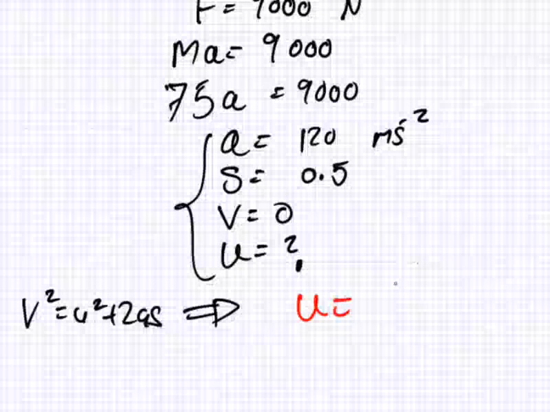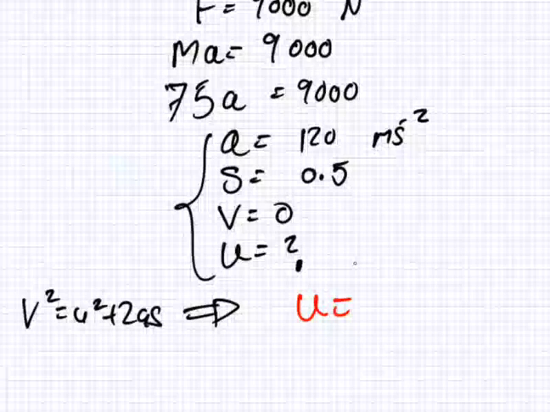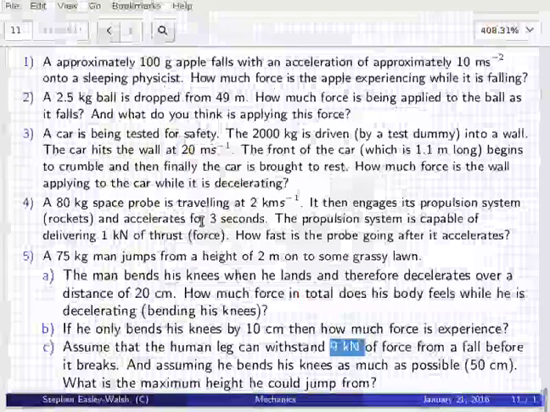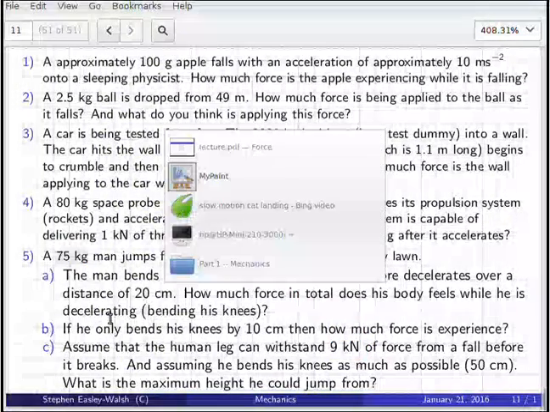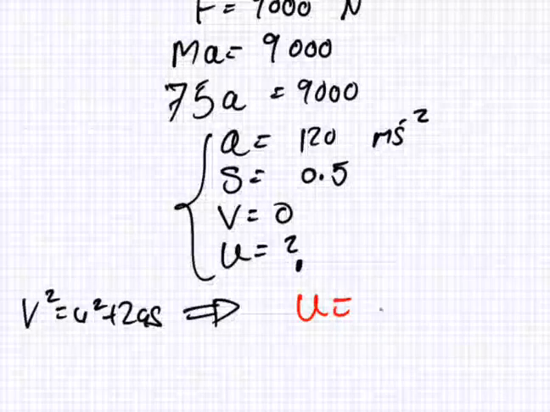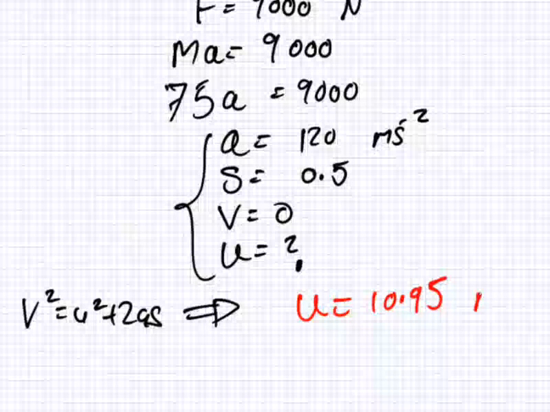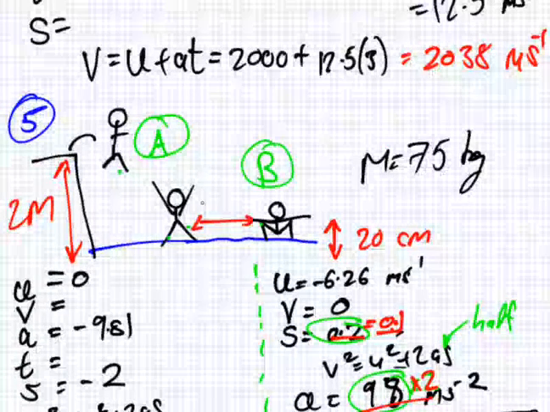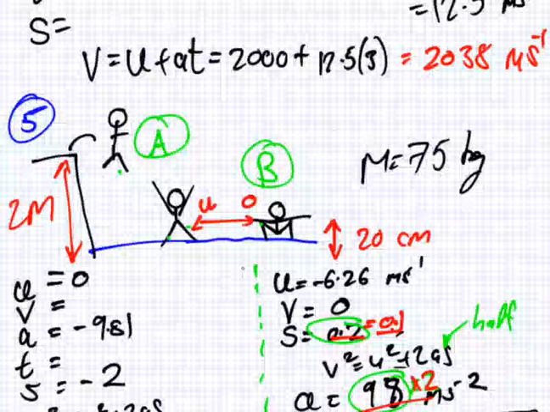If he bends his legs only 10 centimeters, do you think the force will increase or decrease? Increase. In fact, if the only difference is that this is 10, then it will change this, it'll be twice as big, because this number here will be half the size. So anyway, just to get straight to the answer, in the second part, if he only bends by 10 centimeters, the answer will be 14.6 kilonewtons. Okay, and the last part is